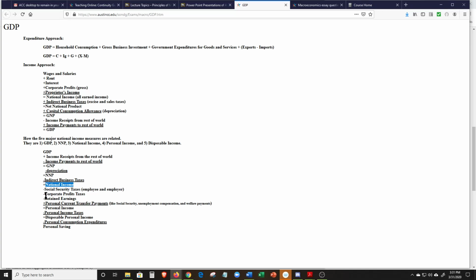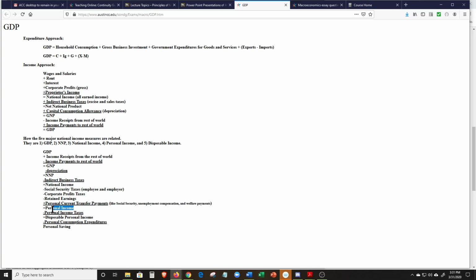And we need to subtract corporate profits taxes that corporations pay to the government, state and federal. And then we have to subtract retained earnings because those aren't distributed as income. And then we add personal current transfer payments like Social Security, unemployment compensation, and welfare benefits to get personal